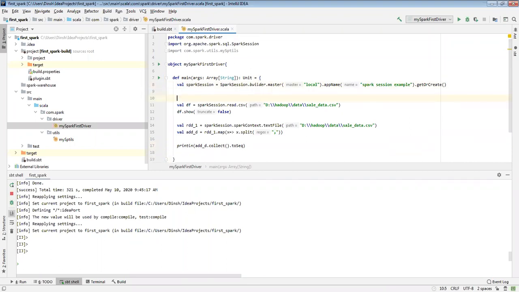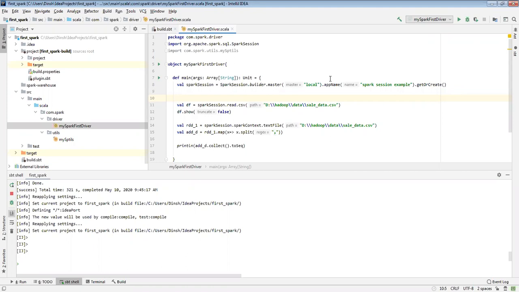The first step is to create a Spark session. Since Spark 2.0, the Spark session is the beginning gate, the initial gate for your project. Before version 2.0, there were multiple contexts: to work with RDDs you had the Spark context, SQL context, and Hive context. Now everything is built into the Spark session. So Spark session is now the initial gate for your Spark. This is the way you launch your Spark session.